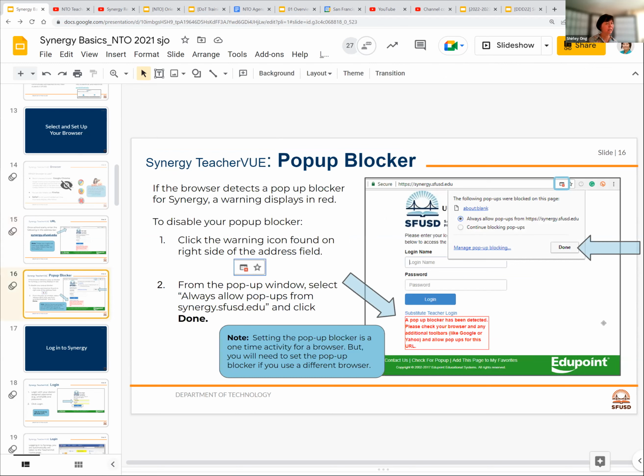But if we look at this page and we're here for the first time, we have this pop-up. That's basically saying you have your pop-ups on, it's blocking all pop-ups, and Synergy uses pop-ups. So you've got to